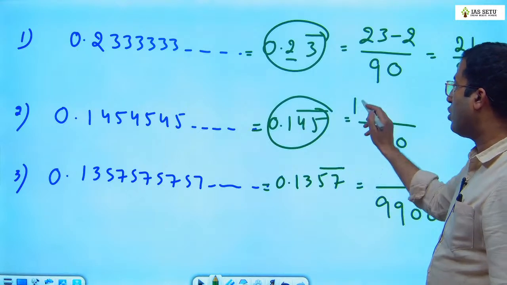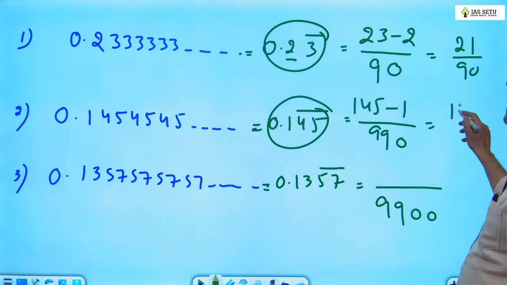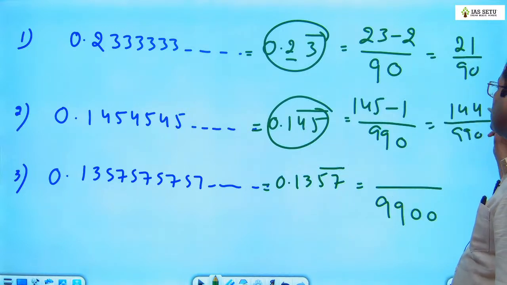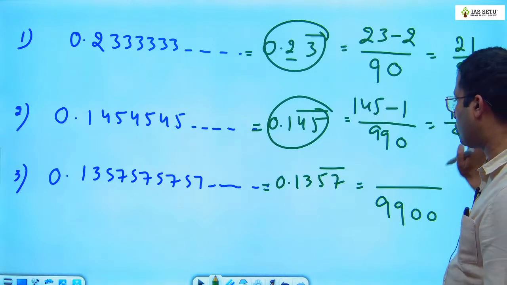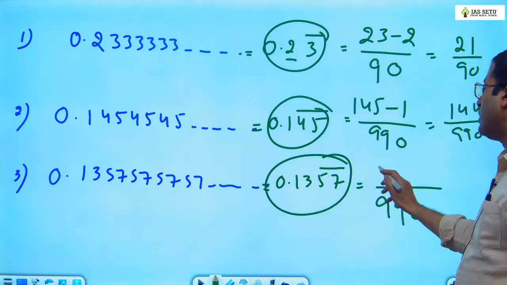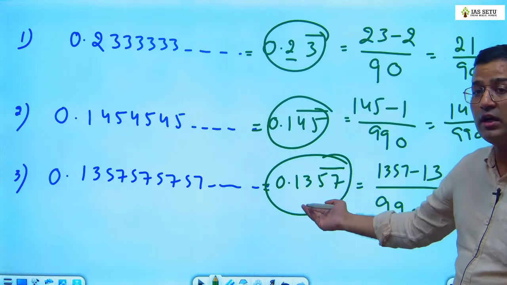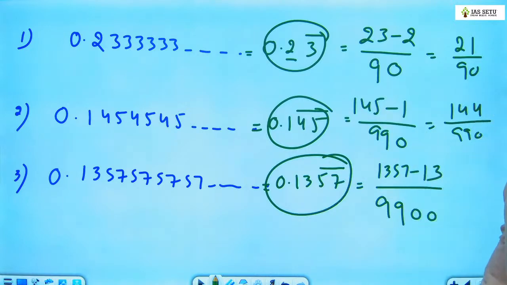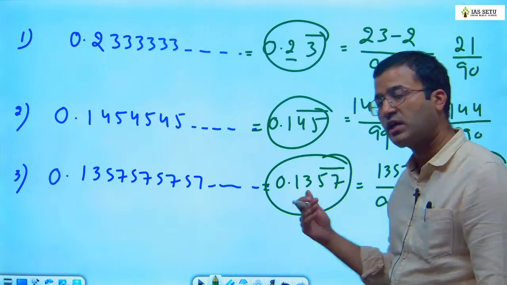Now next is, this is total number 145 minus 1 because 1 is non-recurring. This is 144 divided by 990. ये आपका 2 से भी जाएगा और फिर 3. मैं बता रहा हूँ आपको, वो आपको खुद करना है. Now here this is 1357 minus 13 because 13 is non-recurring. So here 7 minus 3 is 4, 5 minus 1 is 4, 1344 divided by 9900. Here also you have to simplify, 2 or 3 से जाएगा. After that,